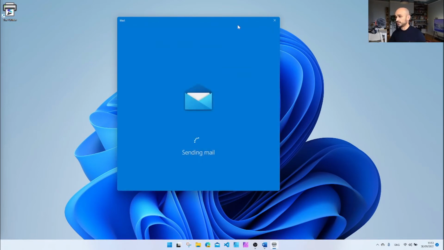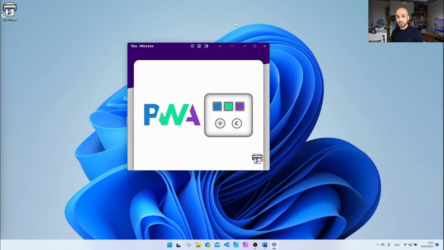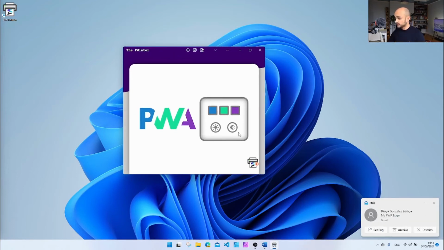And there you go, send. So again, this is the same experience that you would be having if you were sharing something from a native application. And you can see here how a notification is coming from the email client that I've actually received this.